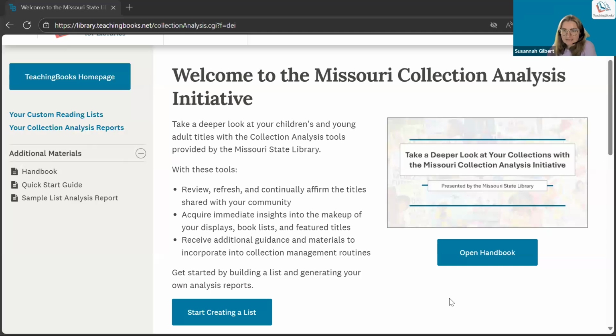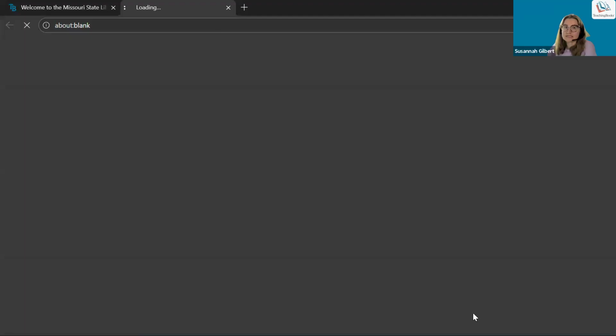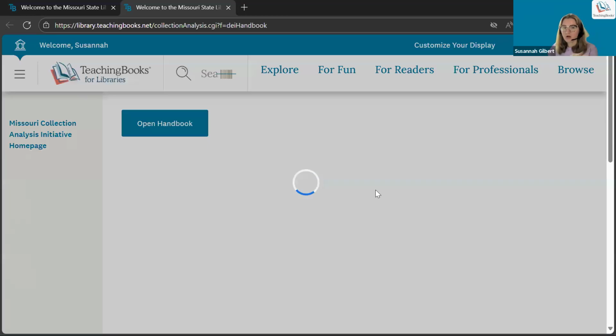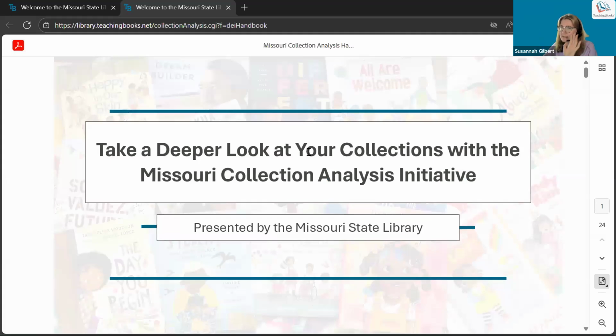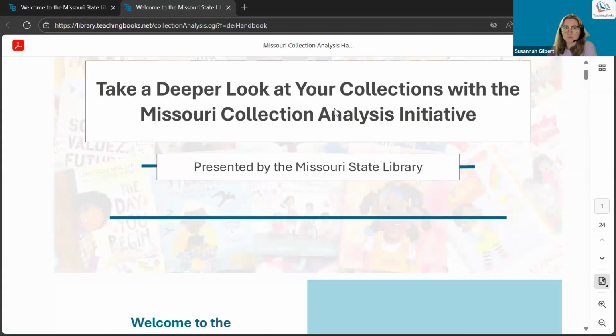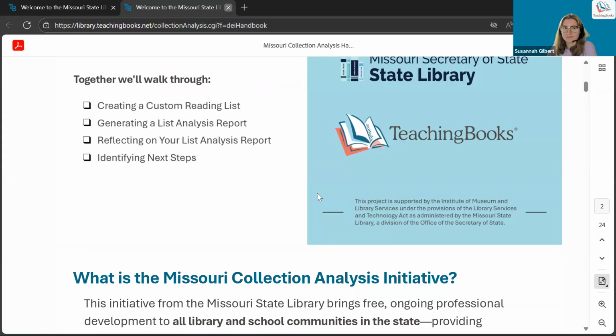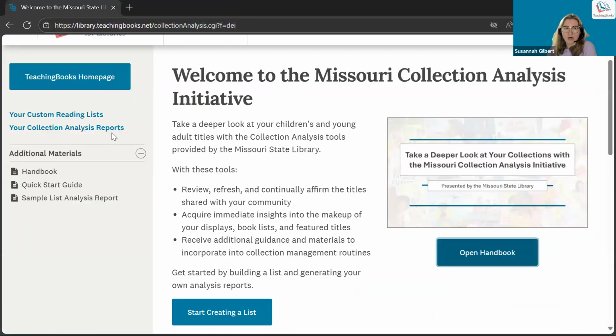But if you are new to this, our handbook is going to be a step-by-step guide. So this is a little bit longer. You get all of your slides walking you through how this works. I'm always a big fan of being able to have something open and go side by side as I'm getting used to the tools. So that offers you the opportunity to do that. We've got the quick start guide, as I said. We've got a sample list analysis report if you want to play with one of those. Or you can dive in and just start creating a